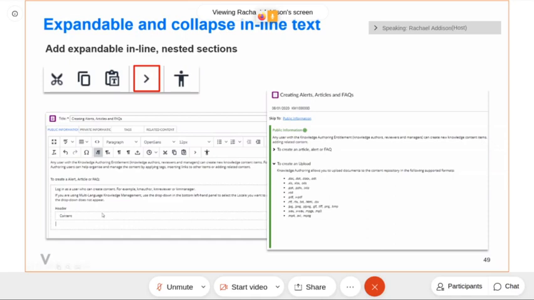So for example, this would probably be used most regularly in a step guide or a process guide. If there are lots of different steps for a process, perhaps each header would be step 1, step 2, and then you would expand to see the content, so the items involved with each of those. And you can see here on this example here, we can see that this